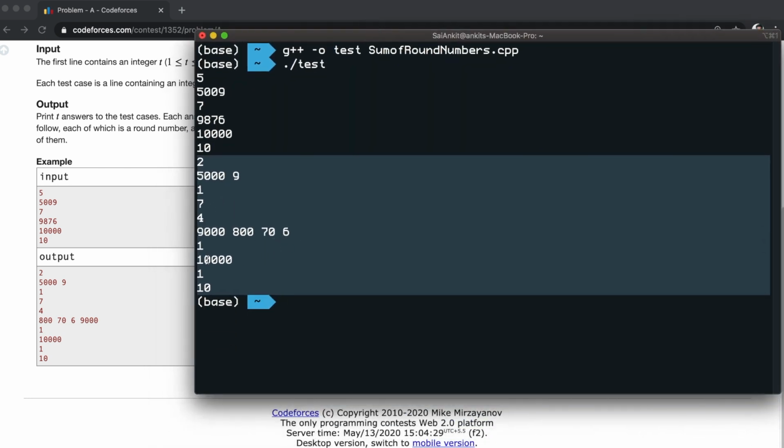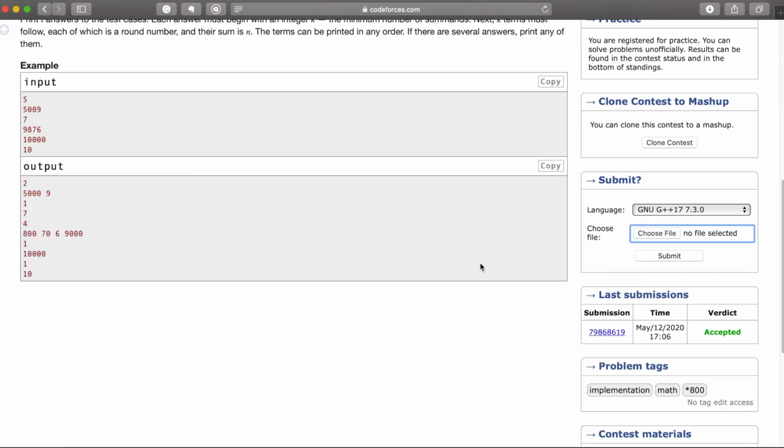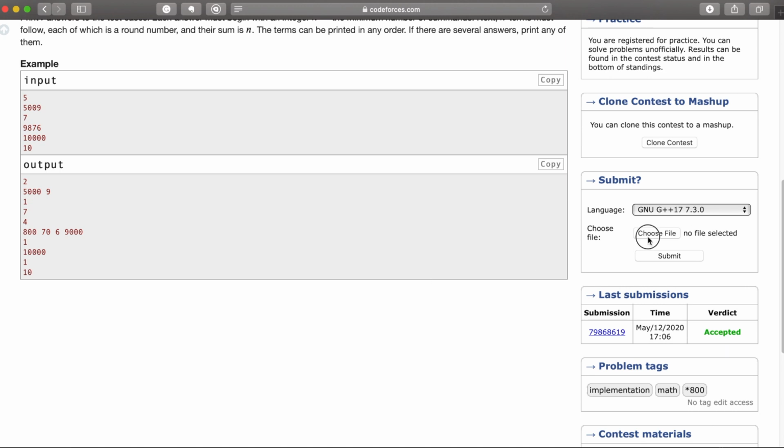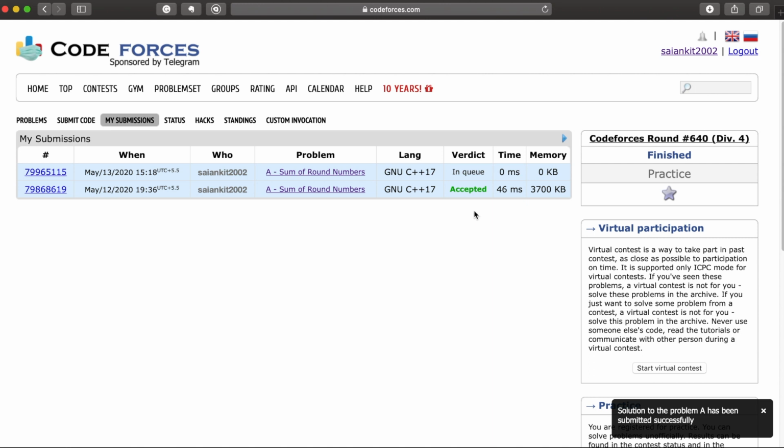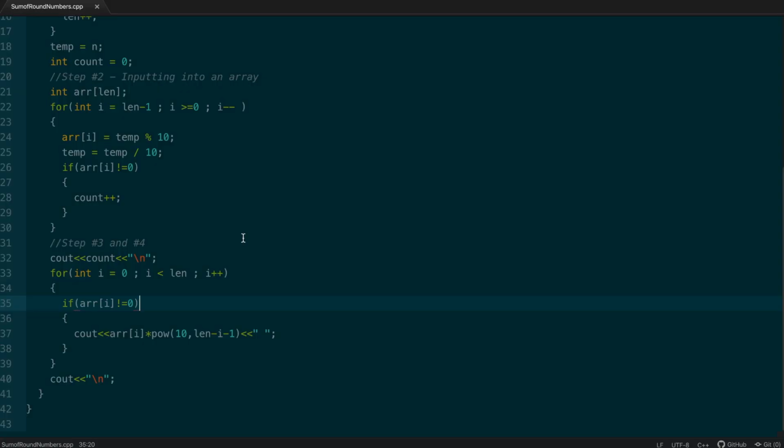9870 and 6, 1, 10,001, 10. I'm pretty good. So let me submit the code and let's wait for the verdict. So I'm submitting the code. I submitted this already. So yeah, accepted. Working fine. So since we have seen that our code went perfectly fine, this is how you go on